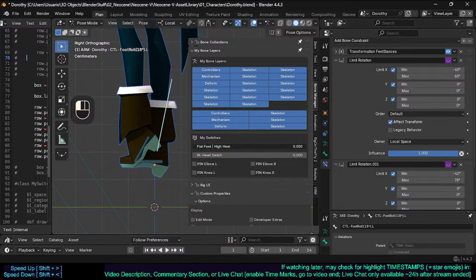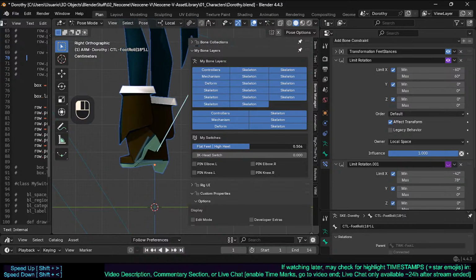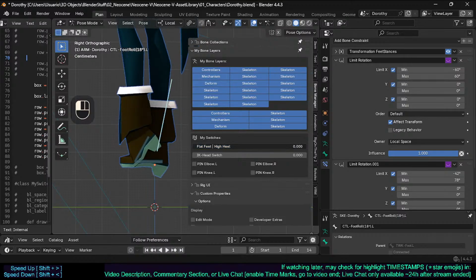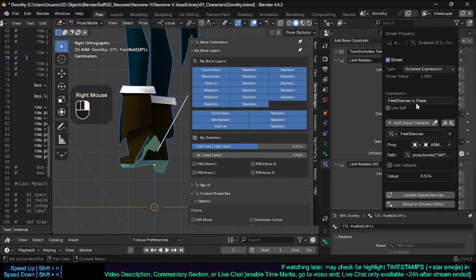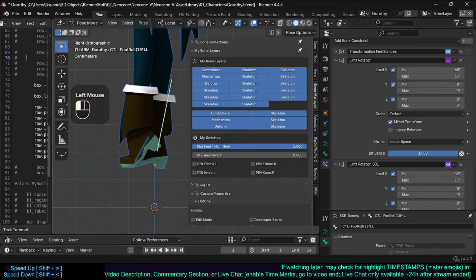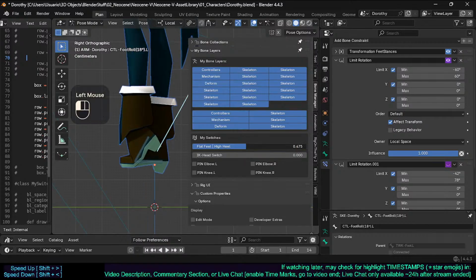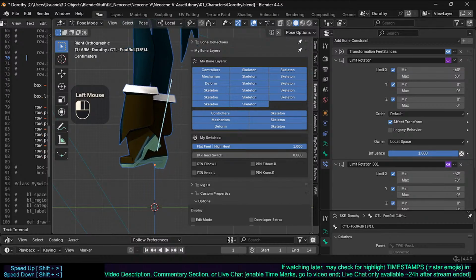Wait. No. It's behaving strange. I don't remember what this exclamation point is. So. Now it's disabled, but this is not a boolean thing,